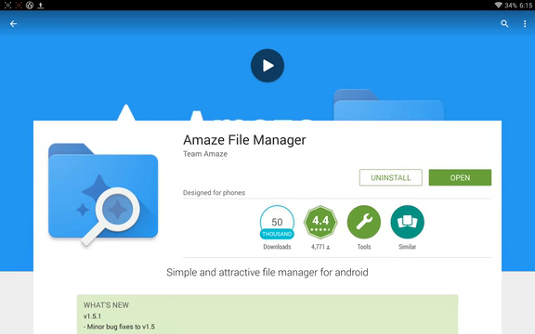Today I'm taking a look at Amaze File Manager. This is an open source project, so you have full access to the code behind the app to see if there's anything fishy going on, which as far as I can tell there is not. I just made the switch from ES File Manager